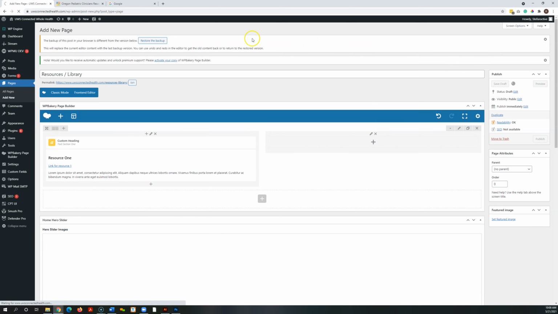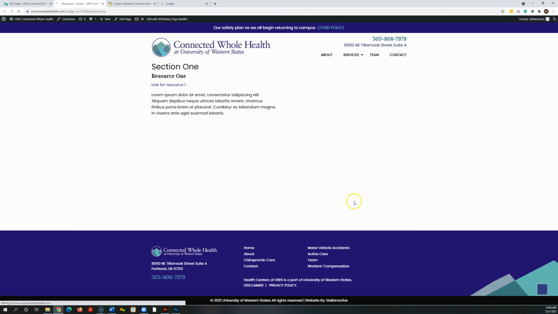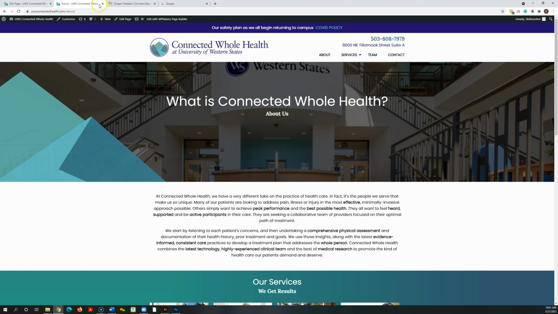We're going to save this as a draft. We'll go ahead and view the page. And you can see, so we've got a section header here. And then often what I recommend for a page like this, when it's really repetitive and the formatting is similar, is get one